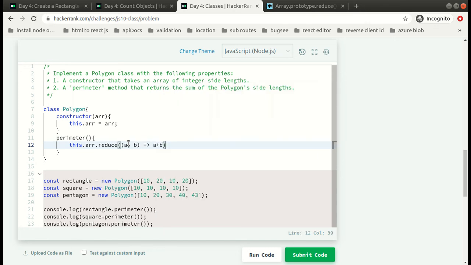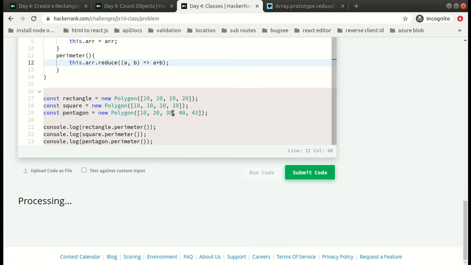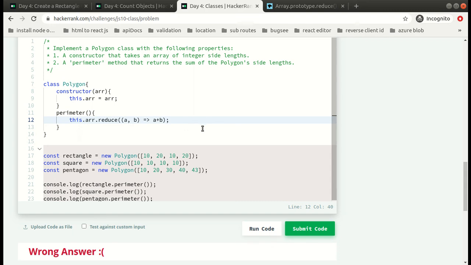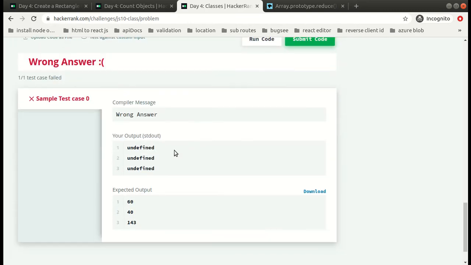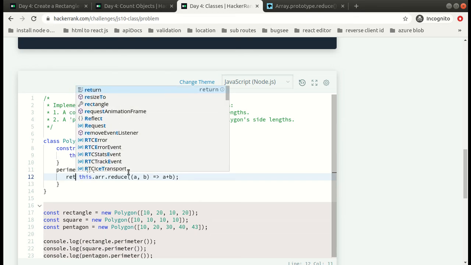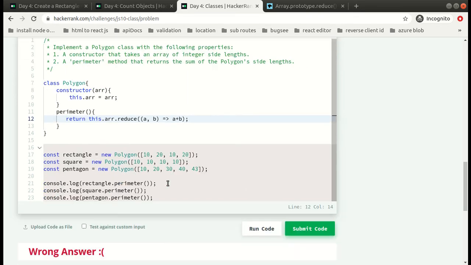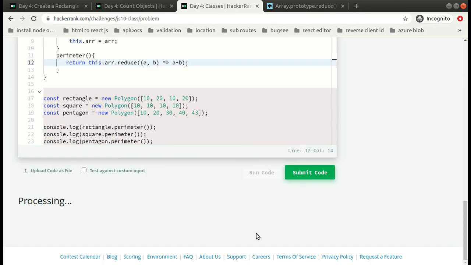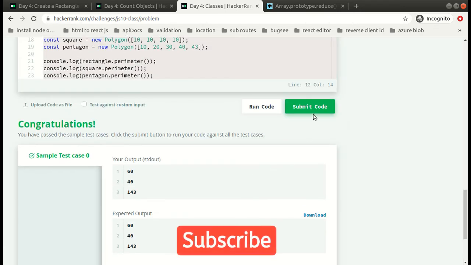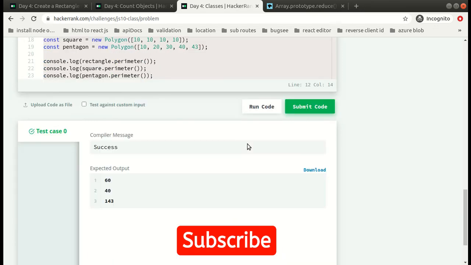Okay, so let's try what we get from this piece of code. So we got undefined because we are not returning it. Actually it returns the value, as we have seen. Cool, we have successfully passed the test case once again.